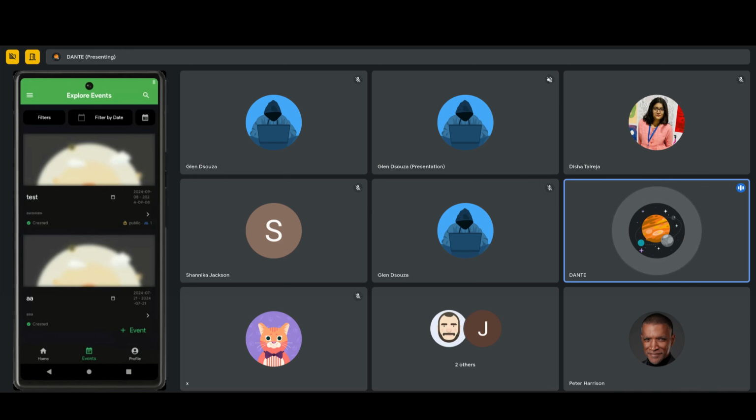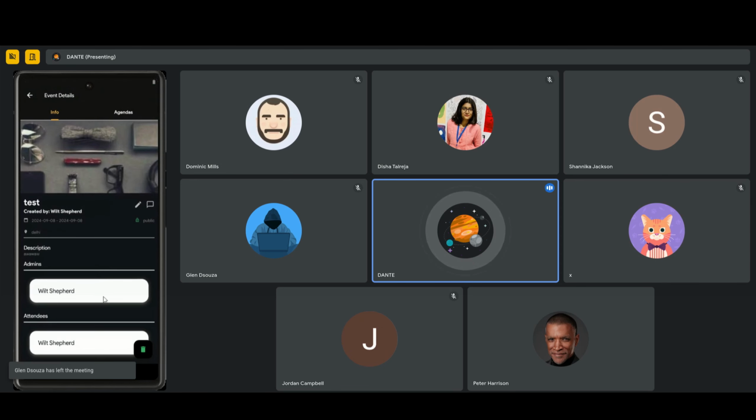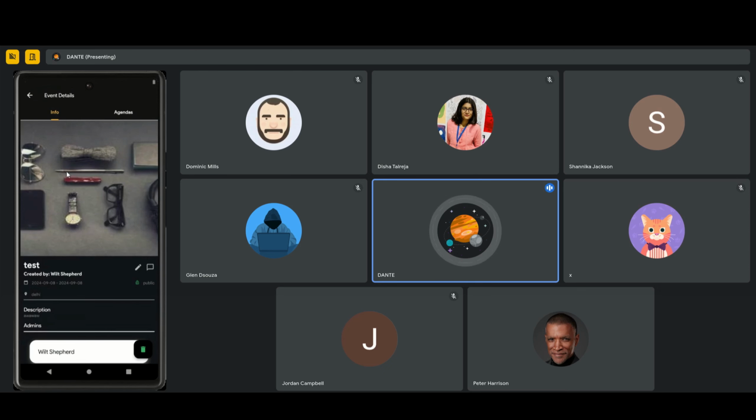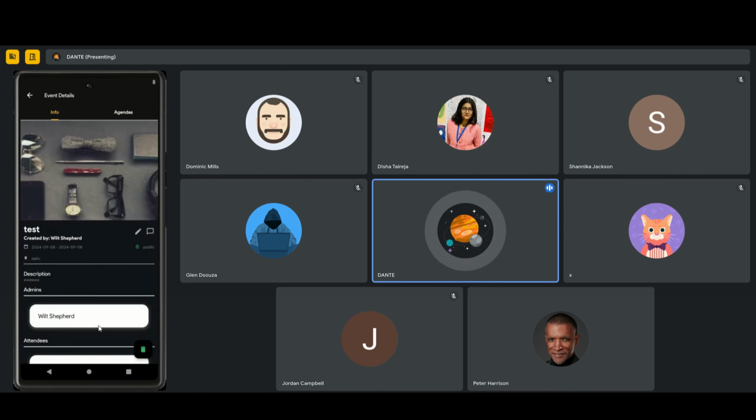Okay, so in the past 2 months, I have been working on agendas, basically integrating agendas to events in mobile. And while tackling that, I faced this problem. This is the new changes, but before that, it was only the one screen without the tab bar, and it was showing the info. So, firstly, I started integrating agendas by making a new section in the info bar, but that was becoming hectic because